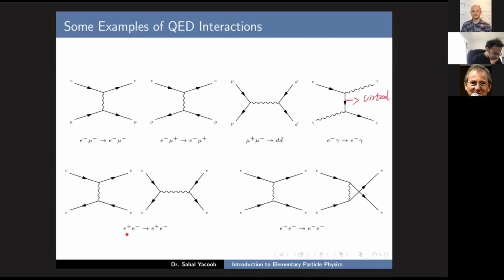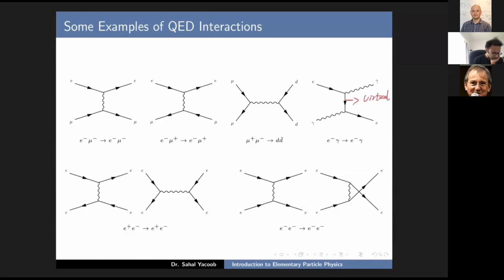Then down here we have e+ e- going to e+ e-, and this can happen in both the T channel and the S channel. And then finally ee going to ee, and here we have the T channel and the U channel diagrams, right? There's no S channel diagram because two electrons cannot annihilate, and